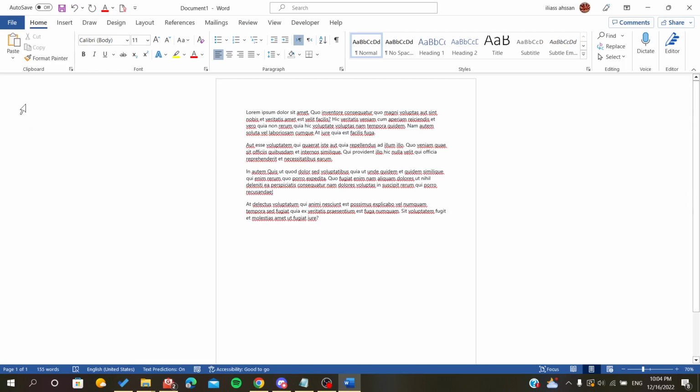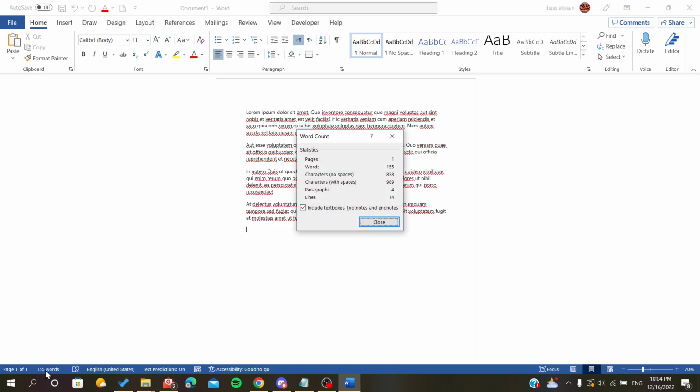After that, all you have to do is go down here in this menu or tab, the blue one here, and go to the far left, and here you will find your word count. If you click on it, the statistics of your document will be shown here. As you can see, this is the count of the pages of your document, and second you will find your word count. Of course, here you can find the characters with spaces and without spaces, also paragraphs